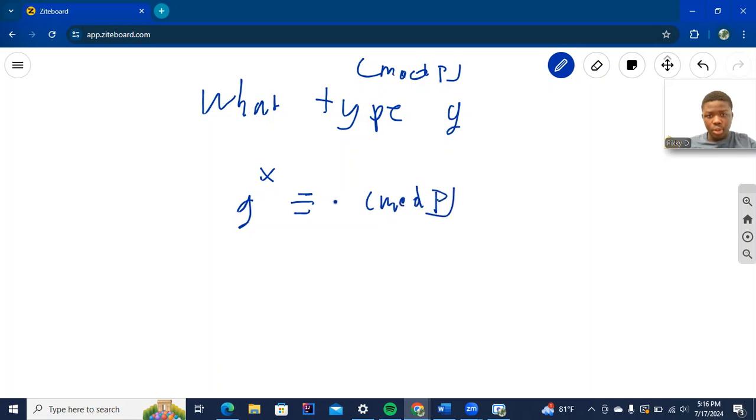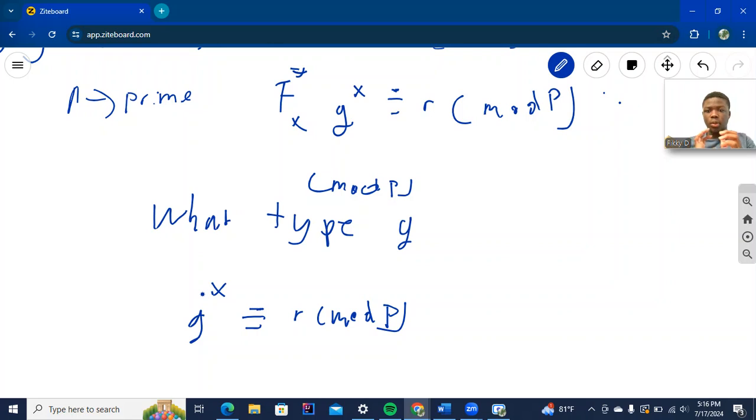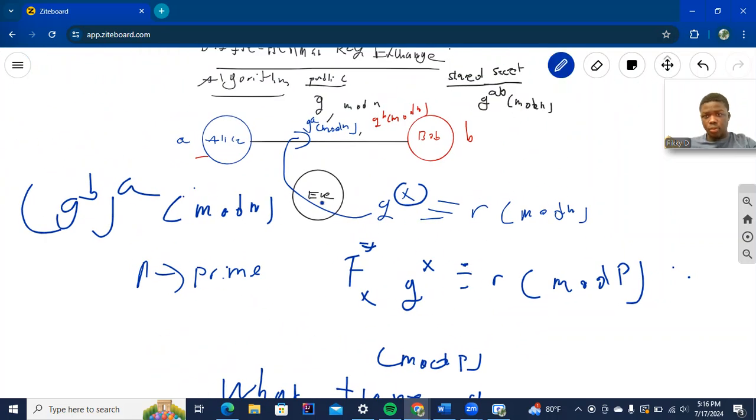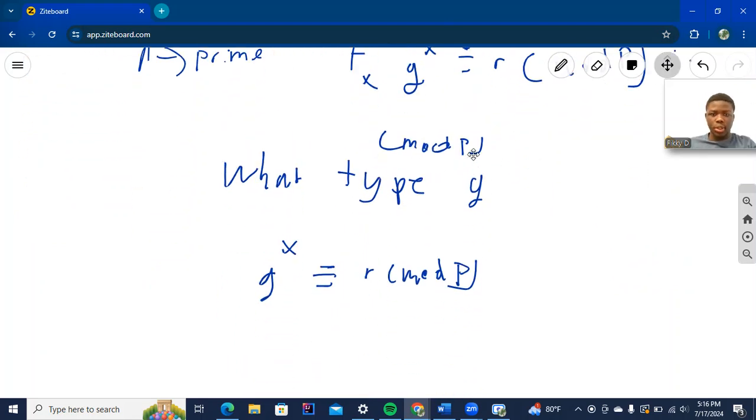modulo p, the remainder modulo p. Since we're working in a finite field, I'm basically restricting us to operating only on numbers from 0 to p minus 1. So when Alice and Bob choose numbers, obviously we're not going to choose 0, but they're choosing numbers between 1 and p minus 1. And so there's an upper bound on x,